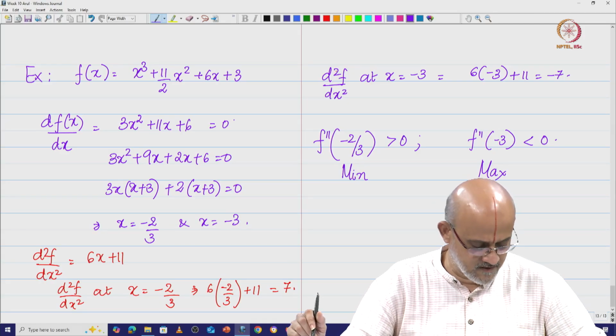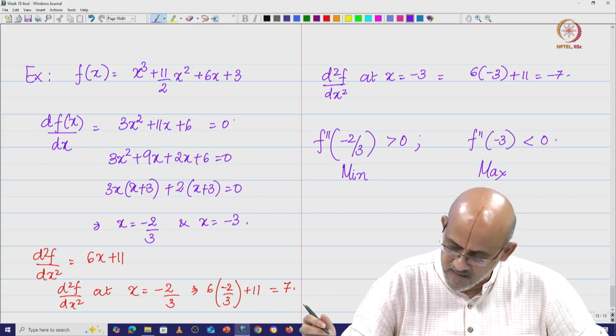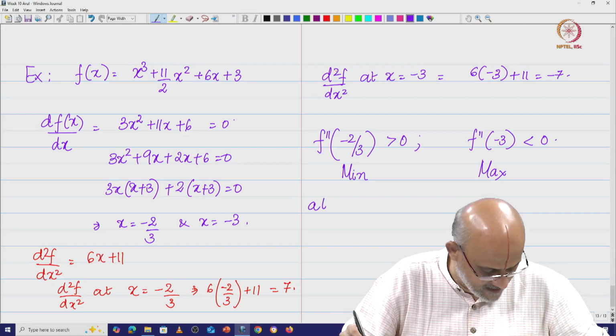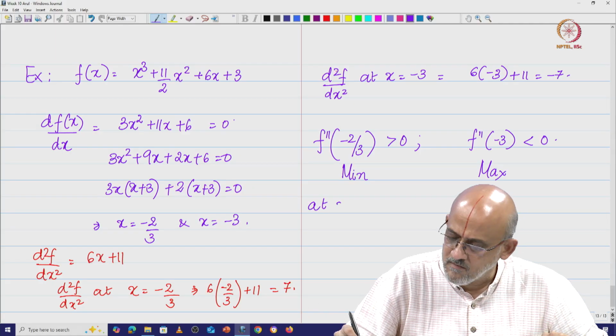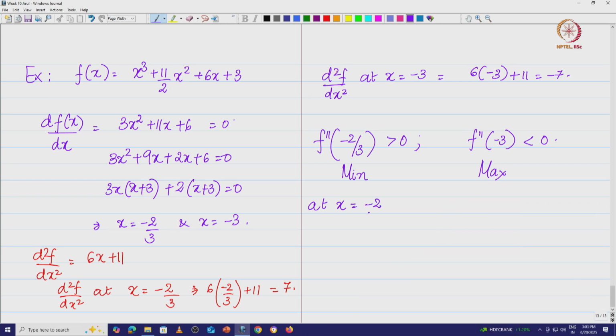So let us look at the function now. Let us put these numbers in and then check. So at x is equal to minus 2 by 3, I am going to get something. What is that? Substitute in this function: f(x) is equal to minus 2 by 3 the whole cube plus 11 by 2 into minus 2 by 3 the whole square plus 6 into minus 2 by 3 plus 3,